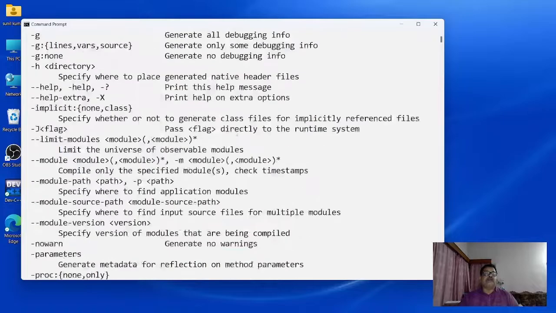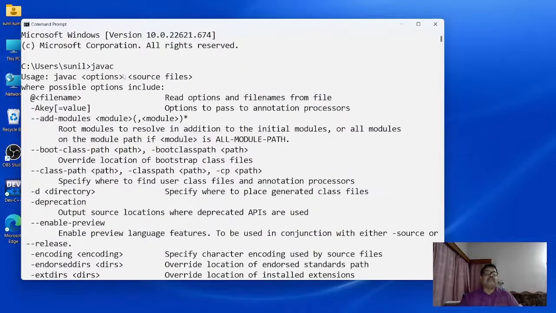If that path is not there, and you write javac from here, you will get an error. Why? Because as soon as we type any command, that command will be searched inside the current directory. If it is inside the current directory, it is okay. Otherwise, javac will be searched in the path of the environment variables, where the location must be there. Otherwise, you will get an error. What is the meaning of this then?